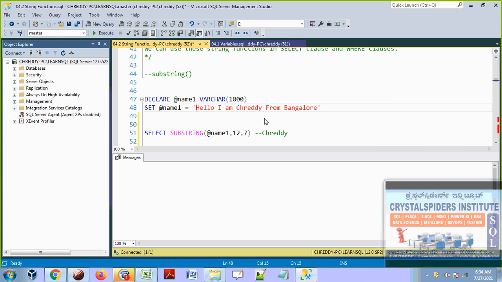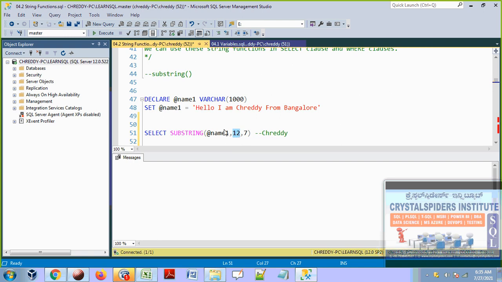On the left side, the first character H is position 1, 2, 3, 4, 5 and 6. Now here we have to count the empty space, that is a space character also, 6 and 7 and 8. In the 6th place and 8th place we have the space character, and we have to count that as well, and 9, 10, 11, 12. So what is in the 12th position? In the 12th position C is there. So what does 12 mean?